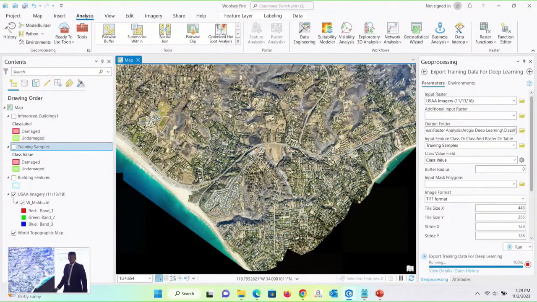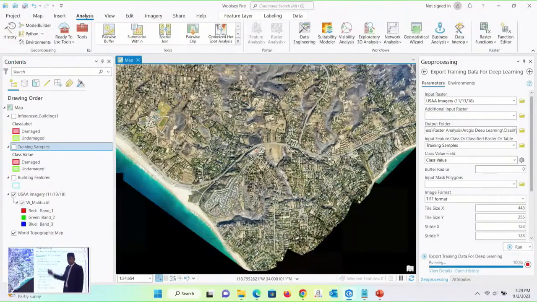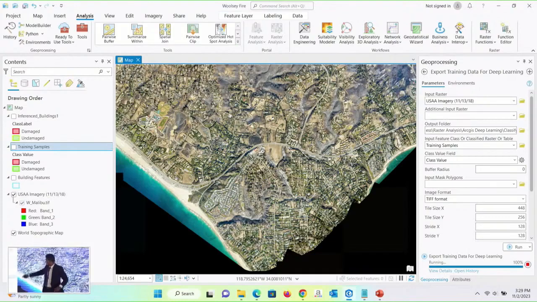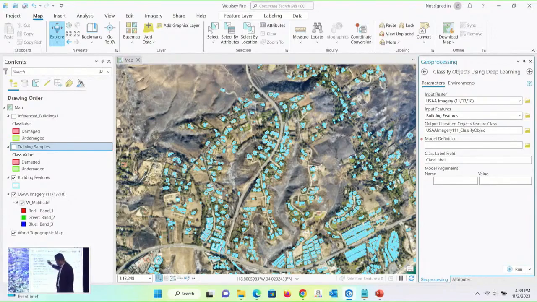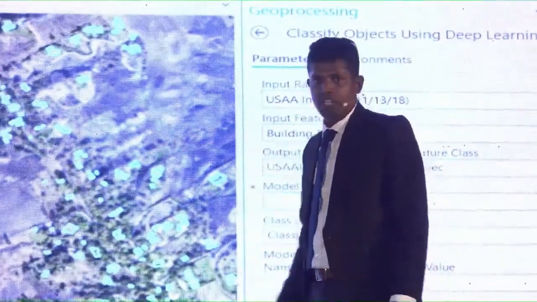Now you can see this other image. After we have these kinds of footprints, we can classify them. You can see the damaged and undamaged buildings. Here, of course, we have to classify the building footprints, and that we can also do using deep learning. First we have to identify which are the building footprints. We utilize the object detection deep learning and get the output. Then we have to give this output location to the classification. That is the mechanism.